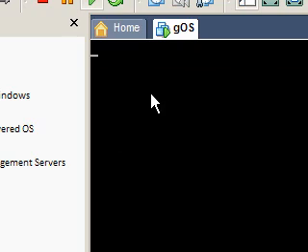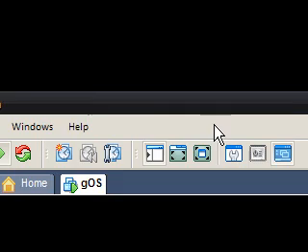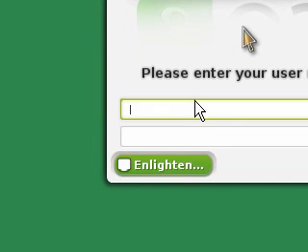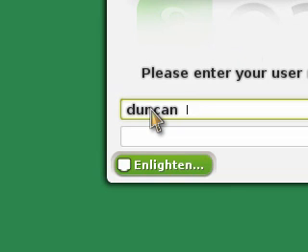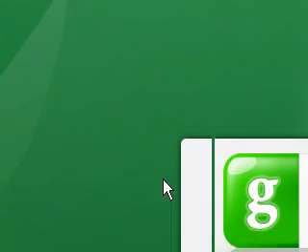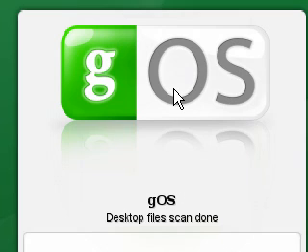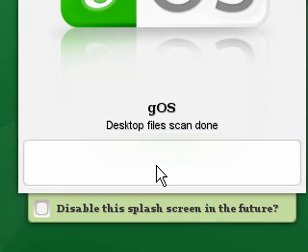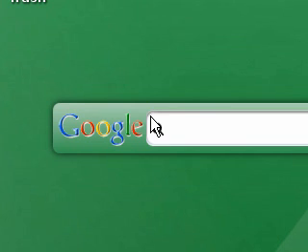So we're now starting up this gOS, and it's started up in full screen at the moment in my resolution, so I'm going to see if it will go back down. It has a dock which is Mac-like, and it uses Enlightenment, which is a desktop. So you get KDE and you get GNOME on Linux, but this is actually called Enlightenment, which makes it look better, I think. But I think there's another version coming out at the end of February, so in about a couple of weeks, that is going to be based on the GNOME